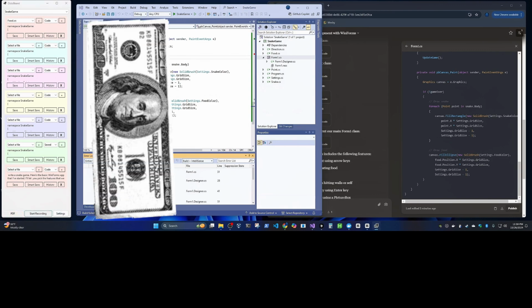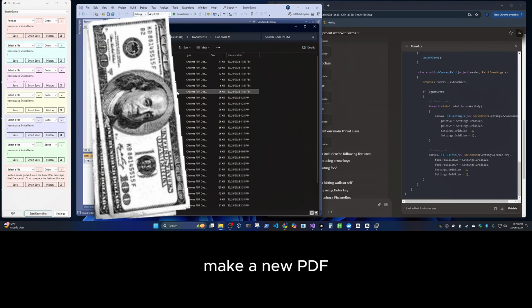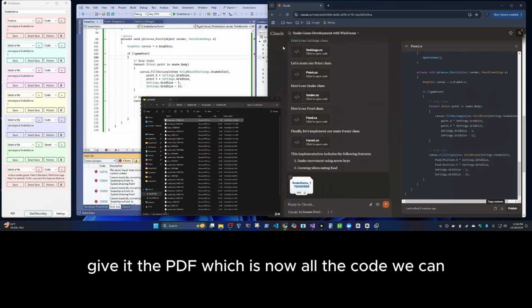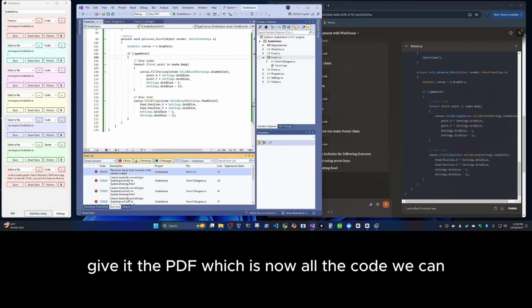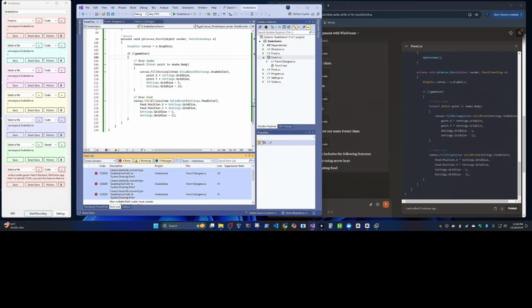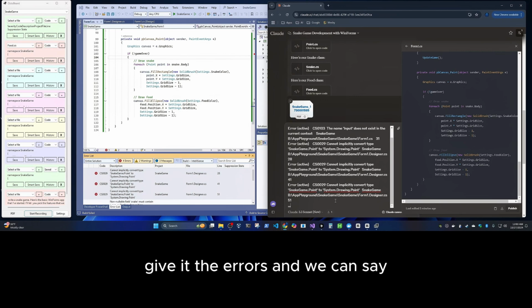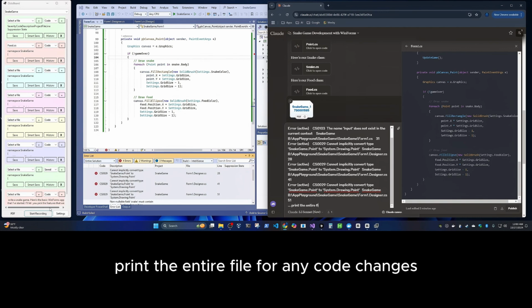But we can make a new PDF, give it the PDF, which is now all the code. We can give it the errors, and we can say print the entire file for any code changes.